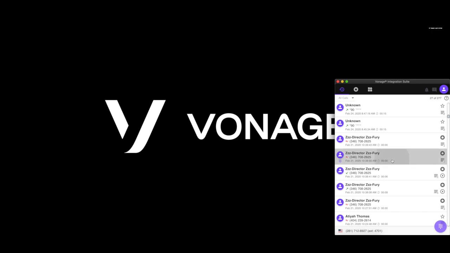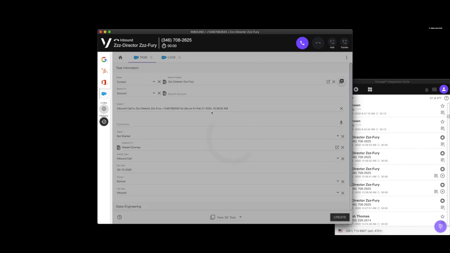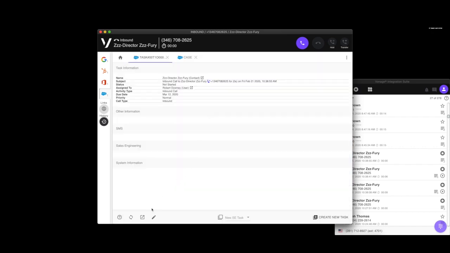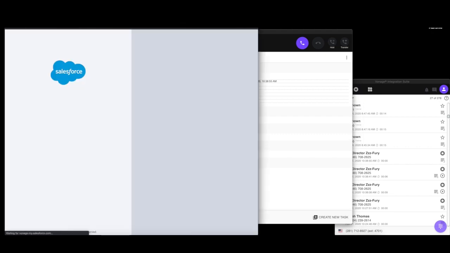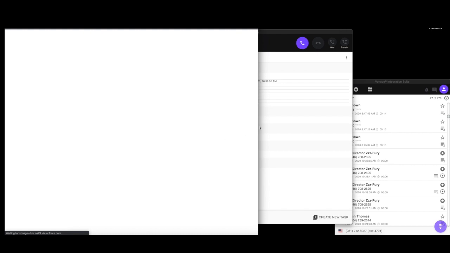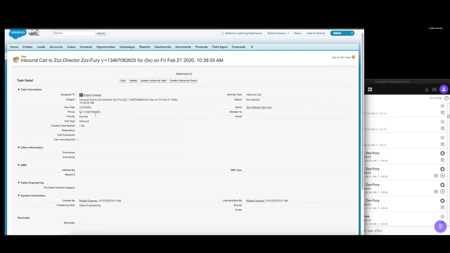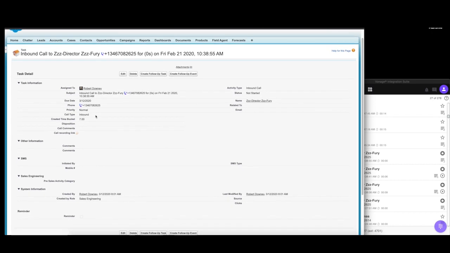So now let's take a quick look at a prior one, which we can go in and just hit save on in this system. And now I can click on open in Salesforce. And once I open this in the Salesforce system, you can see the actual call history.